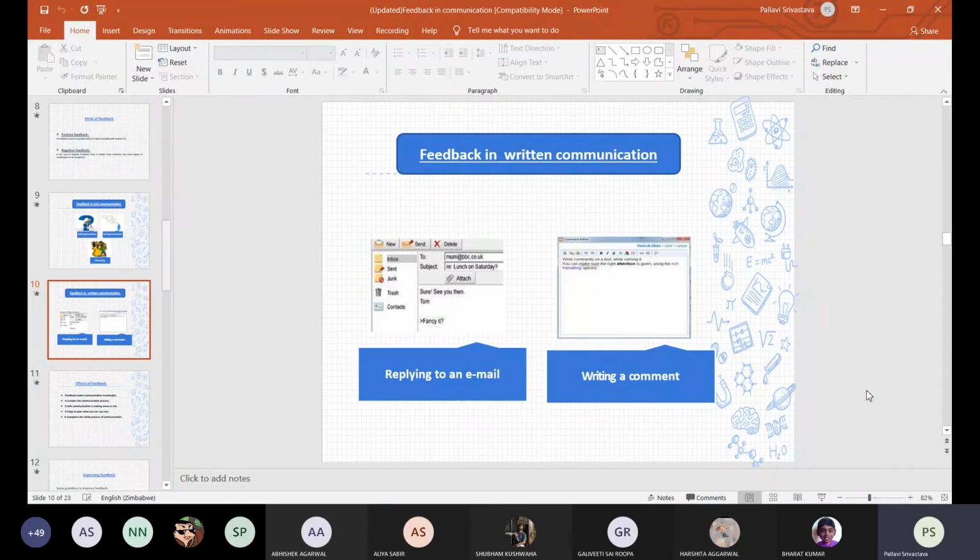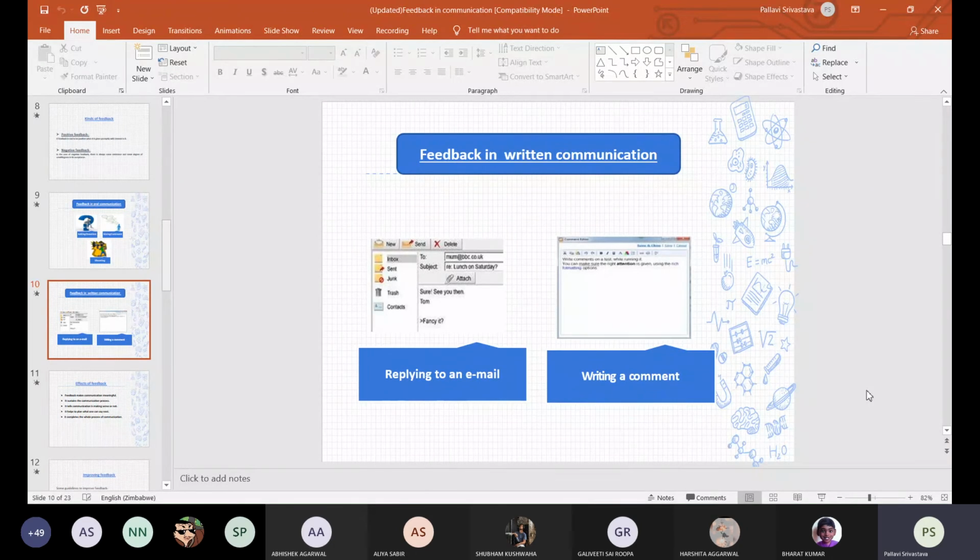Then we come to feedback in written communication. It is a bit difficult because we know it takes a lot of time. It's just like you want to sell a product. Now this is a kind of unsolicited communication. Here you have sent an offer to an existing client, or your company is launching something. Okay, so they'll receive the message. Now you are sitting there, you will have to wait for their response. Are they interested in the offer, or are they not?